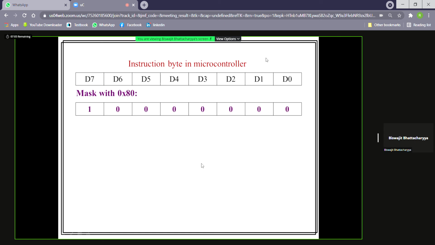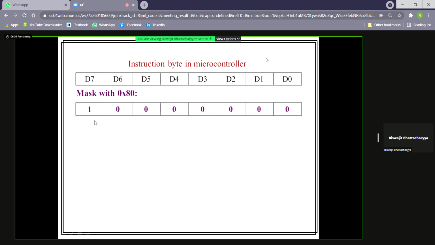Note that our D7 bit equal to 1. How to make the D7 bit equal to 1? You multiply this bit with 1, meaning you apply an AND operation here. So you just AND it with 1 and AND the rest of the bits with 0. Effectively, your ANDing means you are masking.